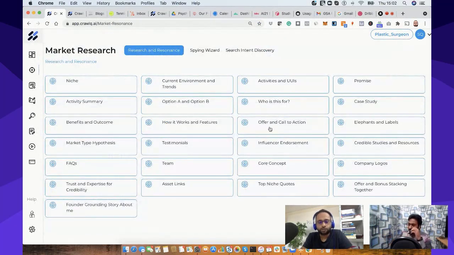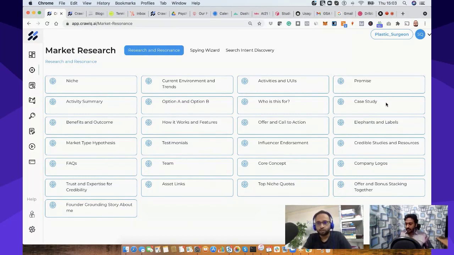Yeah, this is designed especially for agencies and long-term purpose, because you wanted to have a client, you wanted to serve them on a long-term basis. You wanted to collect case studies, you wanted to collect testimonials, you wanted to collect team, and you wanted to keep this as a single source of truth for your whole business and the content strategy. So suppose I'm serving a plastic surgeon and I'm creating a website for a plastic surgeon, then I wanted to keep in a centralized place all the research, all the data, all the FAQs, testimonials,